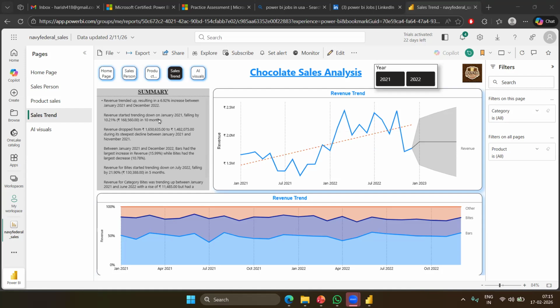Revenue started trending down on January 21, falling by 10% in 10 months. Now if you see this particular line, it clearly shows a downtrend. The immediate question for the business is, okay boss, how much percentage is it down? 10.21%.